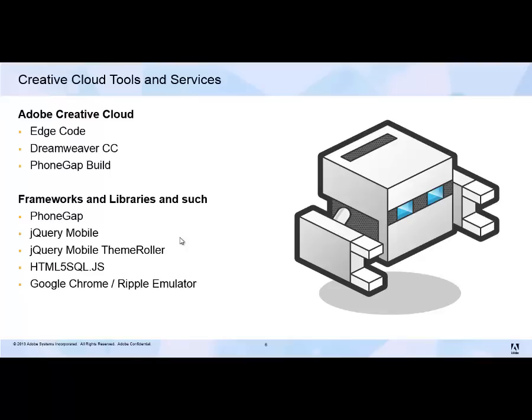And of course, once it's all done, we zip it up, send it over to PhoneGap Build, and PhoneGap Build will process the necessary files for us to go through and actually get it on the store. So those are the Creative Cloud tools we've used. Oh, we've used Photoshop too, to make some of the assets, so can't leave out Photoshop.